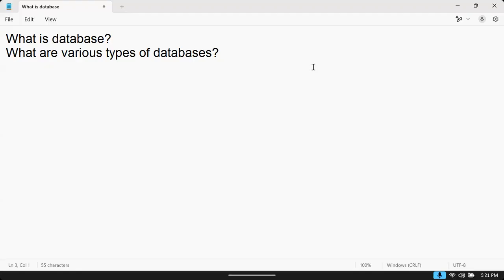So now we are going to start learning with SQL database. One SQL database we will learn and one non-SQL database we will learn. One relational, and another one non-relational database is also there. We will discuss that.